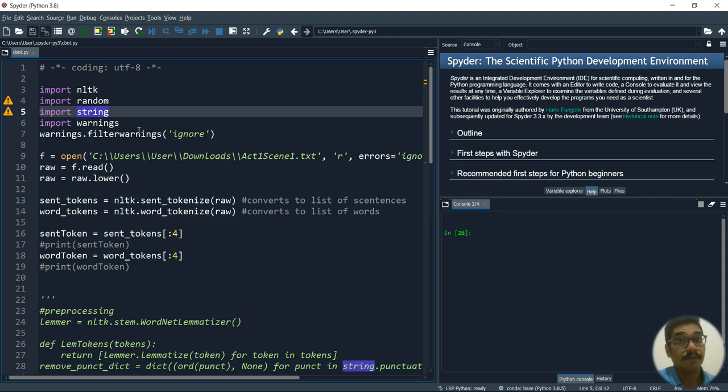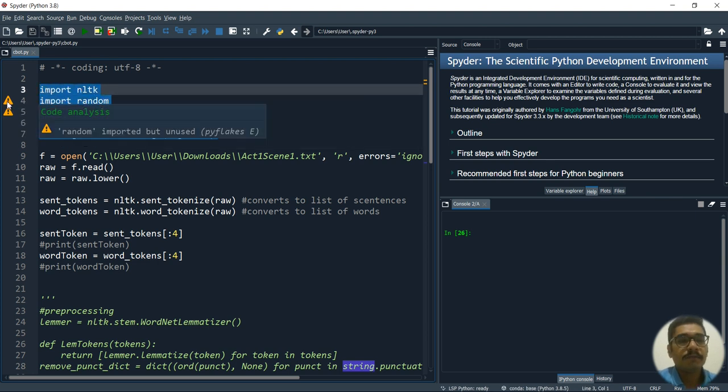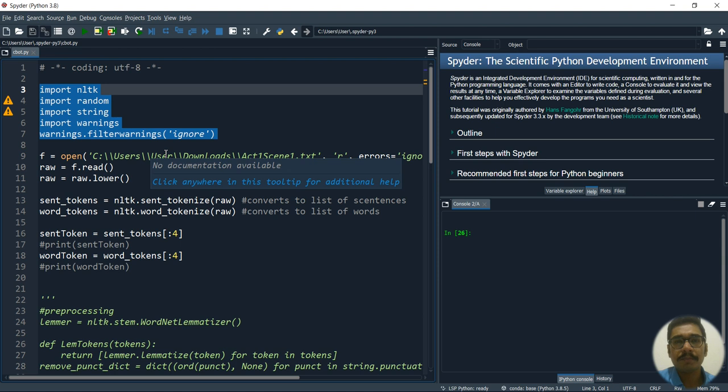That's why we are making use of warnings.filterwarnings ignore. These things are common, and you see random is imported but has never been used anywhere, but we'll use it. This is a small walkthrough of the basic operations that you should keep in mind when you do NLP projects or things like that.